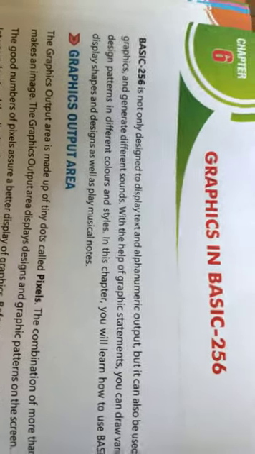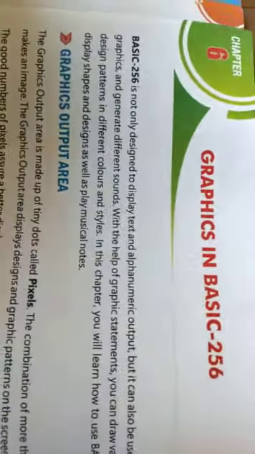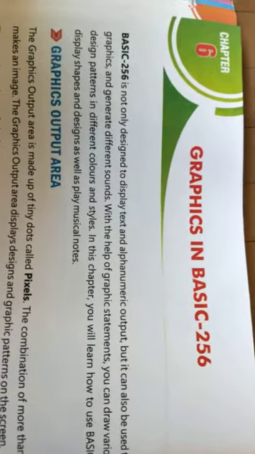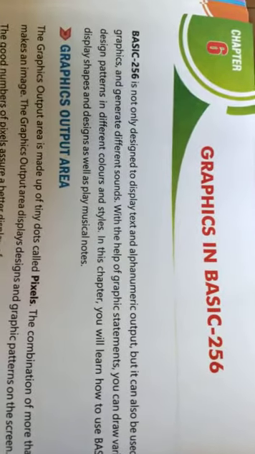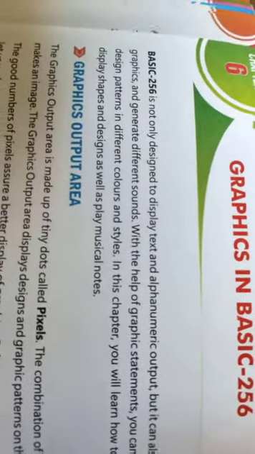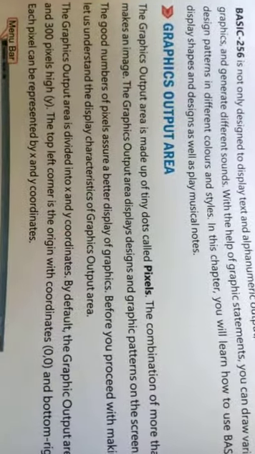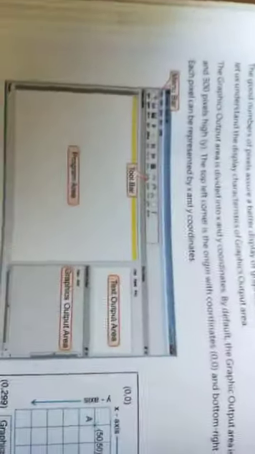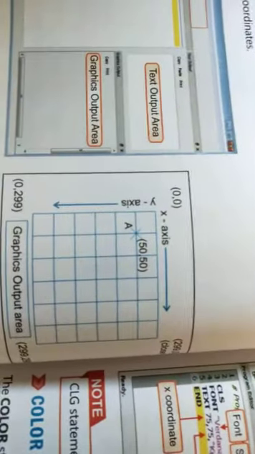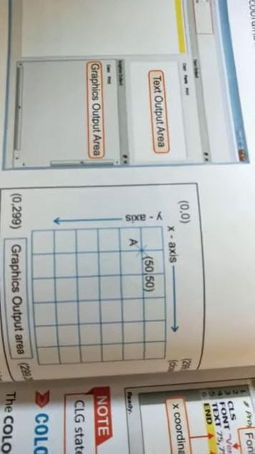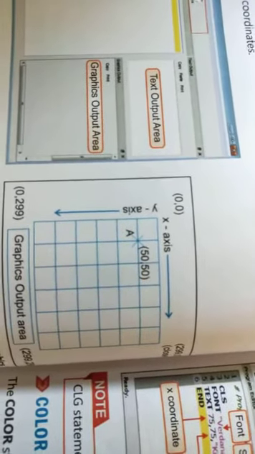Before the Diwali holidays, we started our sixth chapter in the computer, that is Graphics in BASIC-256. In that chapter, I explained the graphic output area, the pixels, how to make fancy graphics, and how many pixels are there horizontally and vertically on your computer screens.